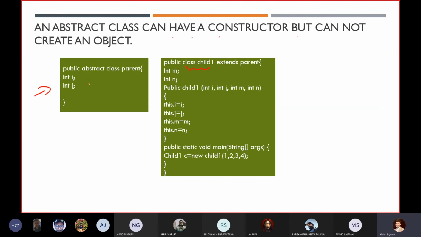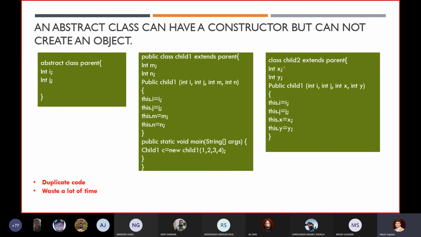So here in this scenario, I want to initialize the value of ing over there. So what I can do, I can inherit in this class. Inside this class, I can write it down. I can initialize these values over here. Right. Everything is correct. Now again, I want to create one more class that is known as your child2 class,